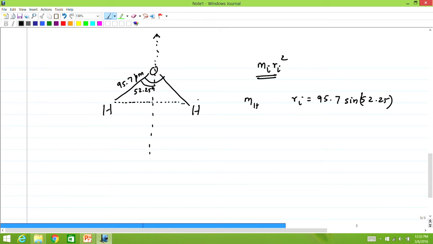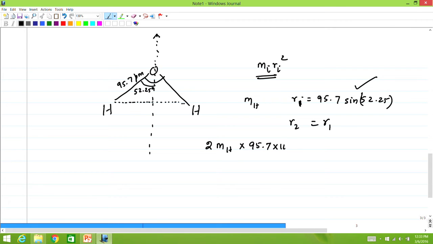Therefore, 2 hydrogen atoms contribute to the overall moment of inertia for this molecule. Since it is a symmetry axis that we are talking about, the hydrogen atom on this side is also at the same distance, r_1 and r_2 are both equal. Therefore, what you have is 2 m_H times